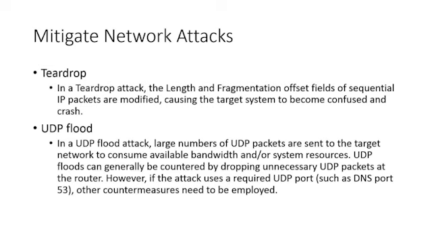Now, if the attack uses a required UDP port, though, say 53 for DNS, that countermeasure is not going to work because it is legitimate traffic, right? DNS works off TCP and UDP, but on UDP, that's where it's giving information to clients. So if I can force it to use port 53, first off, I'm probably going to get through the firewall. Then it looks like legitimate traffic because of the port. So those countermeasures may not work.